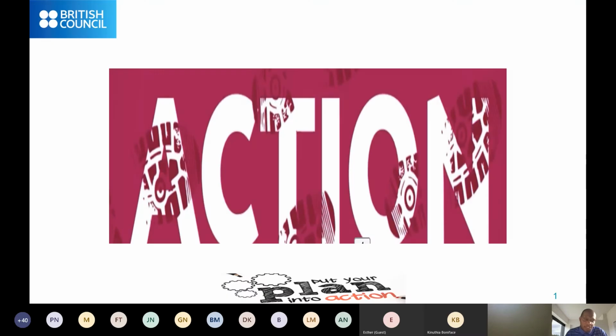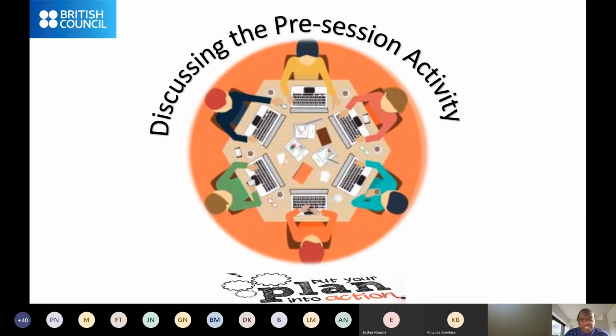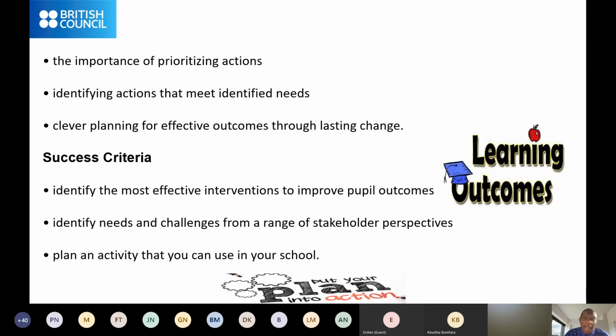So when you talk about action planning, if you look down there at my slide, I want to see what you are seeing so that I am not speaking out of step. It is telling us that you have to put your plans into action. And it is important because in this session, we are going to see how we can plan, and why you should prioritize your actions. That is what we're going to look at.